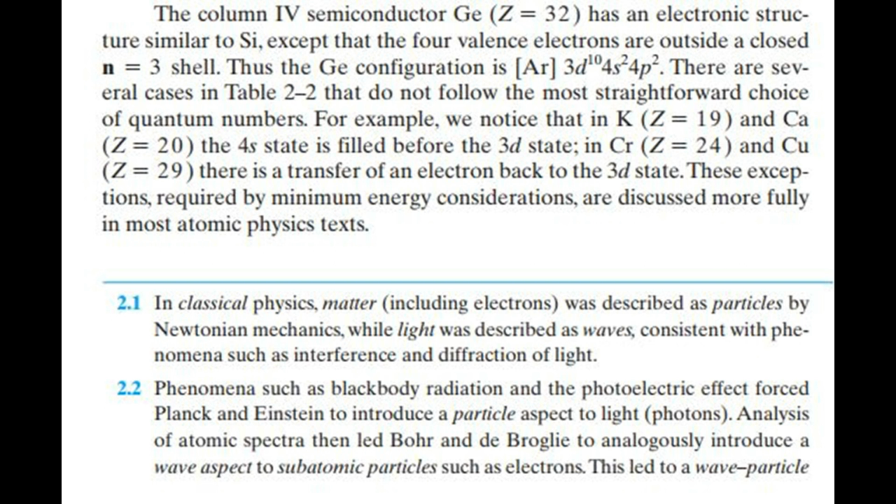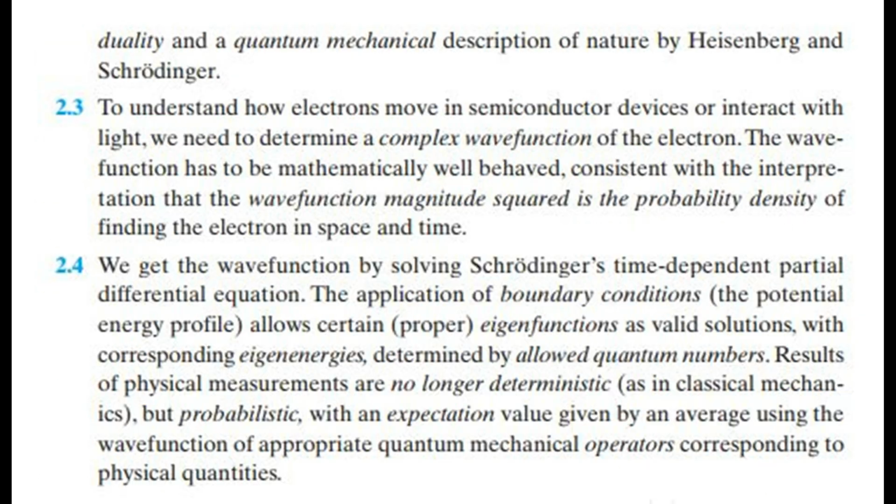2.1 In classical physics, matter, including electrons, was described as particles by Newtonian mechanics, while light was described as waves, consistent with phenomena such as interference and diffraction of light. 2.2 Phenomena such as blackbody radiation and the photoelectric effect forced Planck and Einstein to introduce a particle aspect to light, photons. Analysis of atomic spectra then led Bohr and de Broglie to analogously introduce a wave aspect to subatomic particles such as electrons. This led to a wave-particle duality and a quantum mechanical description of nature by Heisenberg and